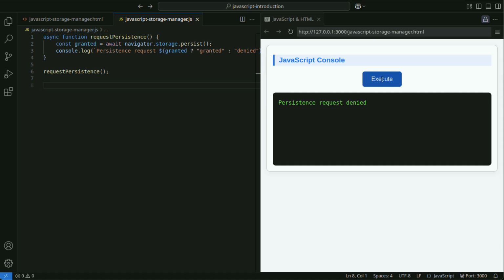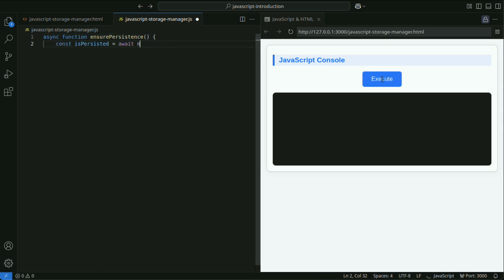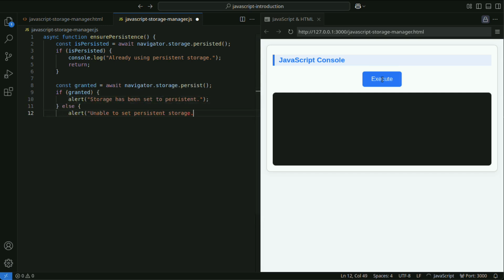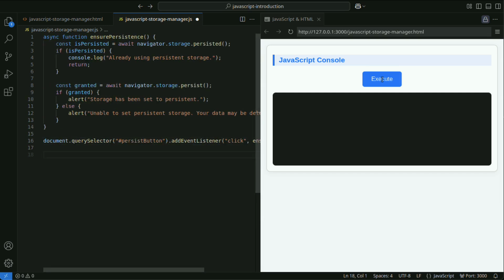The persistence request is tied to an explicit user action, such as a click. In this example, persistence is requested when the user clicks a button. Using a button makes the request within the context of a user action, making it more likely to be granted.